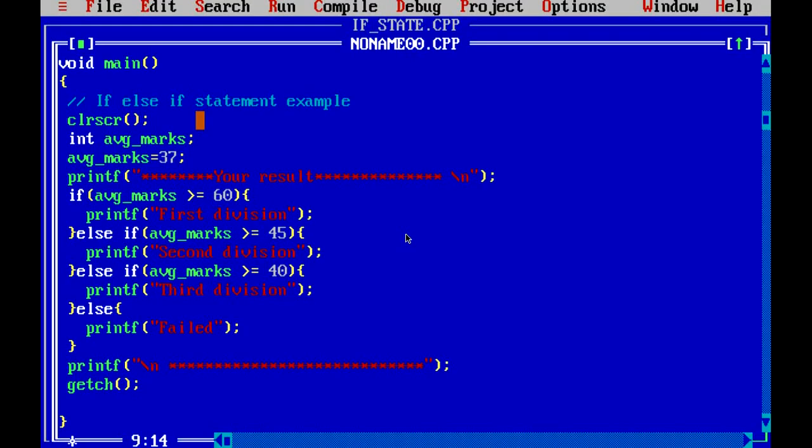Hope you have got the idea of how we can define the condition on the basis of the if else if statement, and we can define multiple conditions on the basis of which one will be getting fulfilled and the statement will be executed, or the block of statements will be executed. Here we have given only one line of code. You can define n number of lines of code based on your condition.